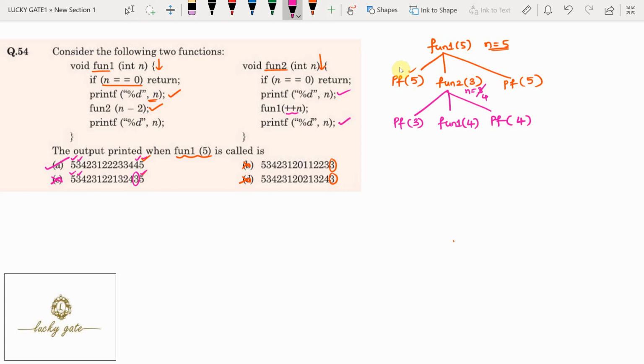Friends, here you can stop tracing the program because I got option A as the answer. If you wish, you can continue with the program, but because I am getting only one option as the answer, I can stop the process. Suppose I wanted to extend it, what is the possibility? Just check it for complete tracing of the program.